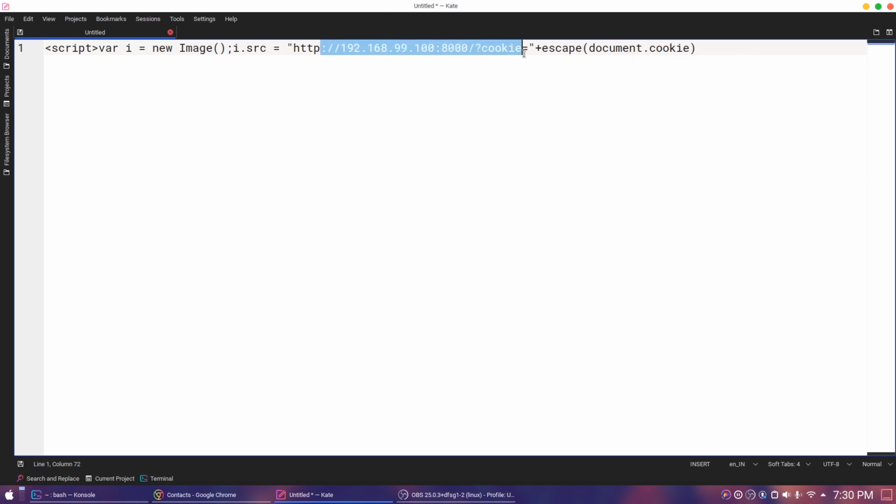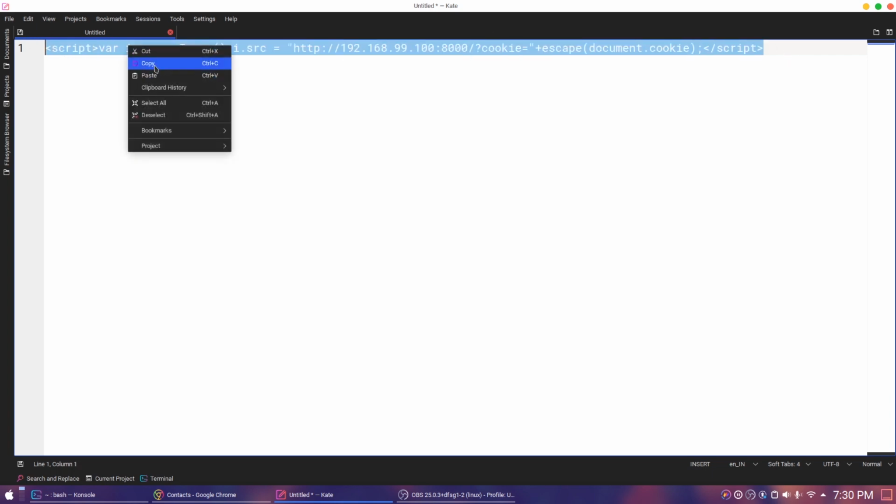Okay, I think it's fine. cookie equals to document.cookie. Okay, and now I think without the quotations we can close this. Put the semicolon and then we can close the script. So we are sending to this IP address and the cookie value is document.cookie.